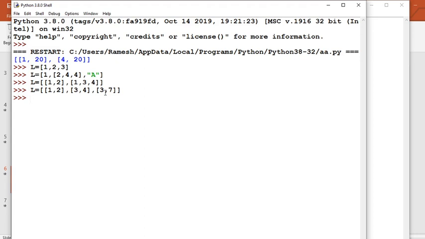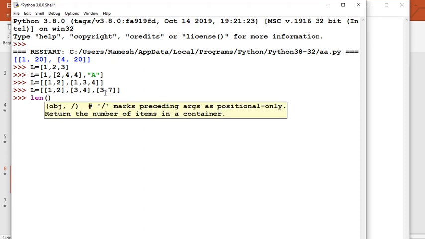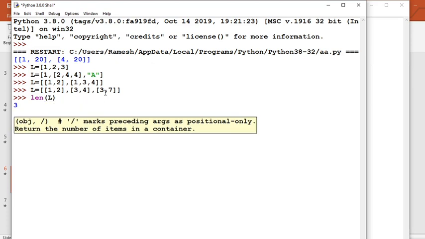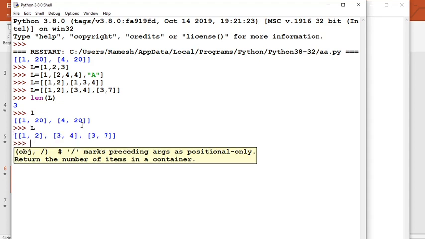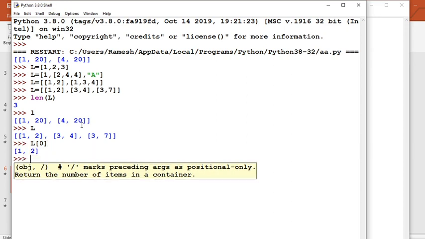Okay, now if you want to access, how can we access? We will access like len(L). So len(L) is 3. If you want to print L, it will print the whole list. If you want to print L[0], it will print 1 and 2.